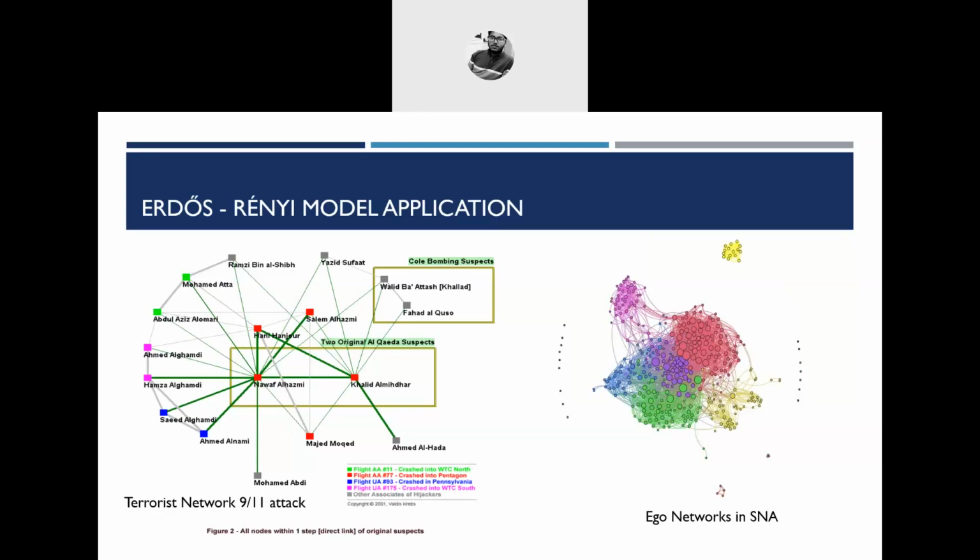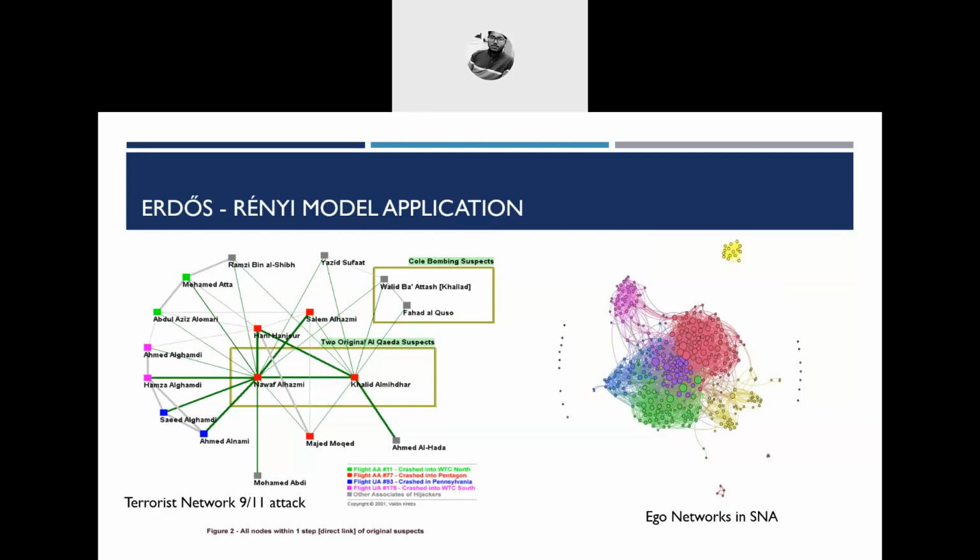Yeah, so the 9/11 attack, the people who were responsible, they were basically put into a random network, a random graph, and they were being narrowed out. That's a process in network theory known as triangulation. It's a very common practice in maps, which also use network theory actually. So they triangulated the most important, the key members or the key handlers of those attacks. So the terrorist network application was the first biggest application of the Erdős Rényi model.